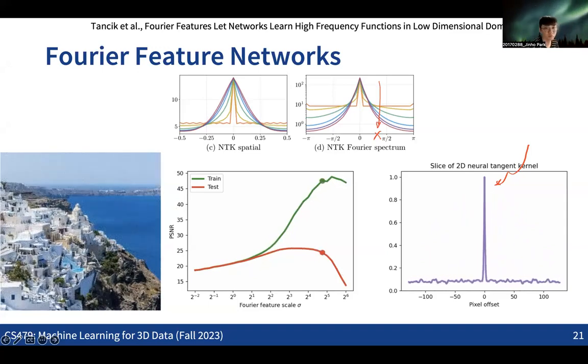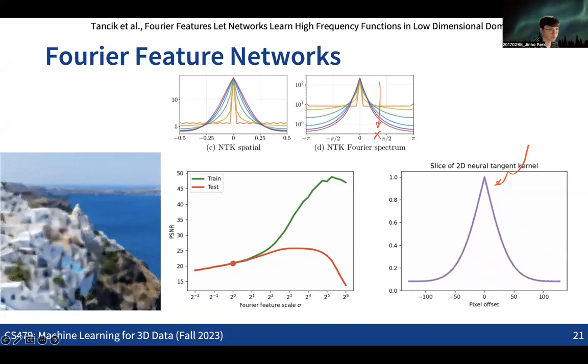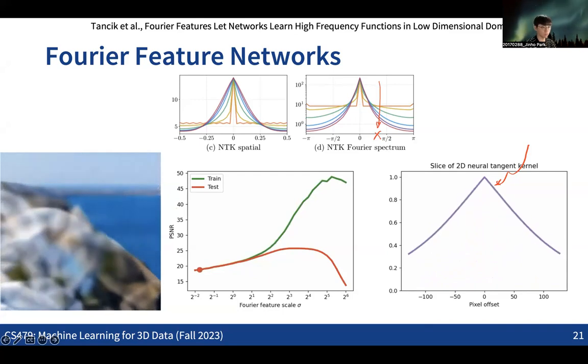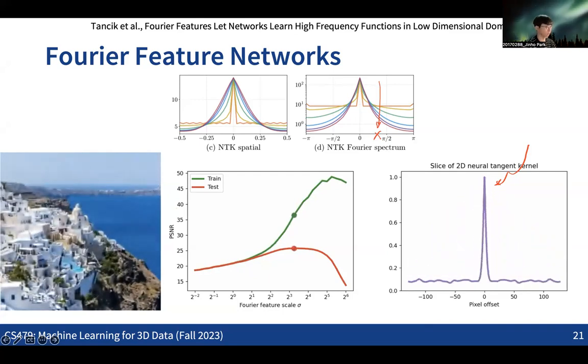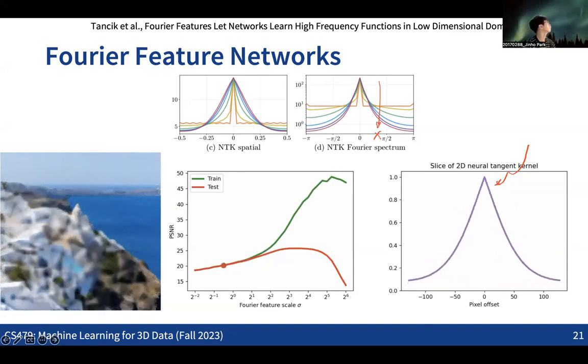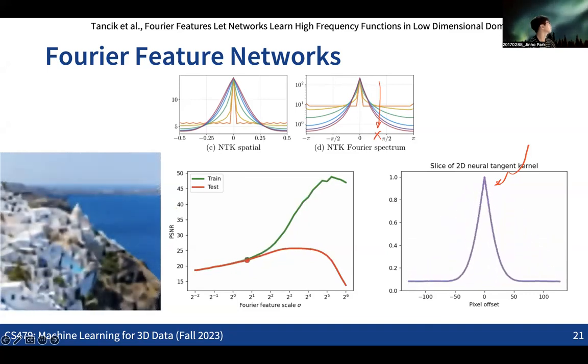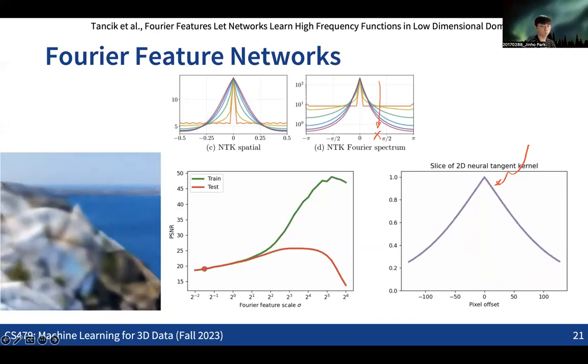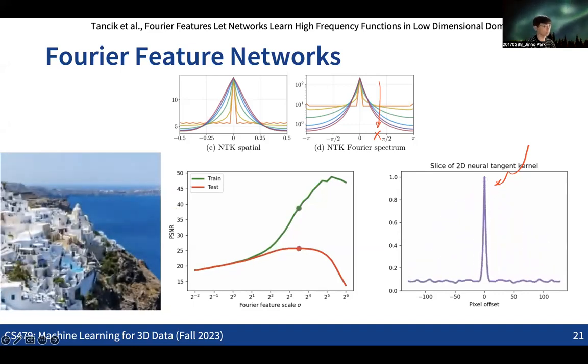So question: are the weights of the designed cosine features learnable then? Yeah, it's not learnable, and actually you can set these numbers. If you think the function you're going to learn includes lots of high frequency details, then you can increase the weight of the high frequency functions. If you want to learn a smooth function, if you know that the function should be smooth, then you can decrease the weight for the high frequency.